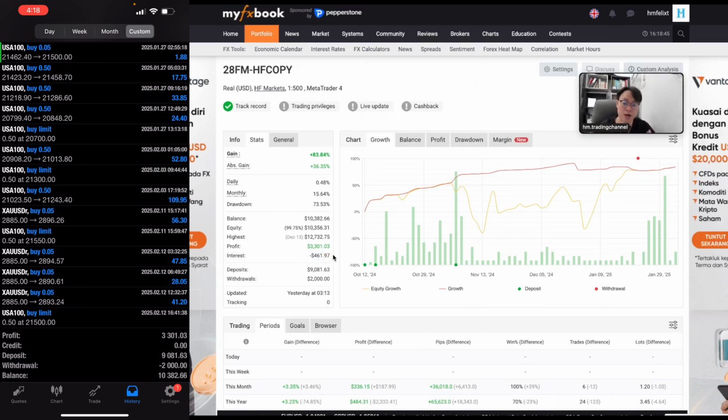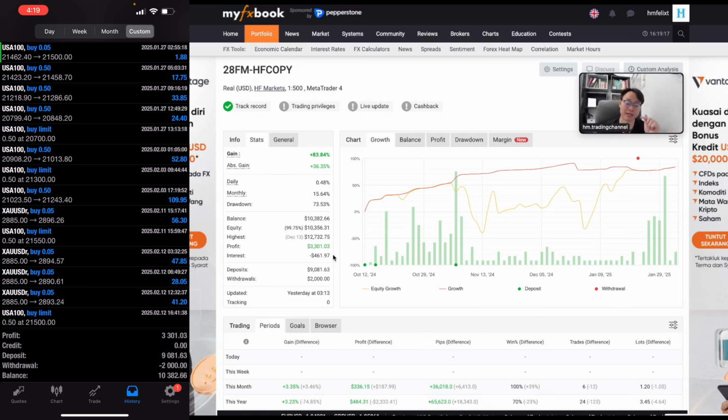Now you might ask, why do I still pay swap if it's swap free? It allows swap free for the first 40 days of you holding a buy. So for the first 40 days I'm holding a buy, I was not charged swap. And I have some trades that I held over 40 days, trying to hold a buy from the low to the high before I close out. So there are some trades over 40 days, but the swap starts charging after 40 days,